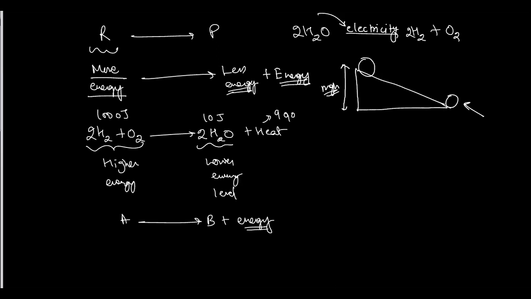And sometimes we need to give energy to the reactants so that they come to a higher energy level. Here we are giving the energy, so they were at a lower energy level and now are at a higher energy level. Such reactions are called endothermic processes. Because you have a class today, we are going to have this 40-minute session. In the next class we will discuss this in great detail.